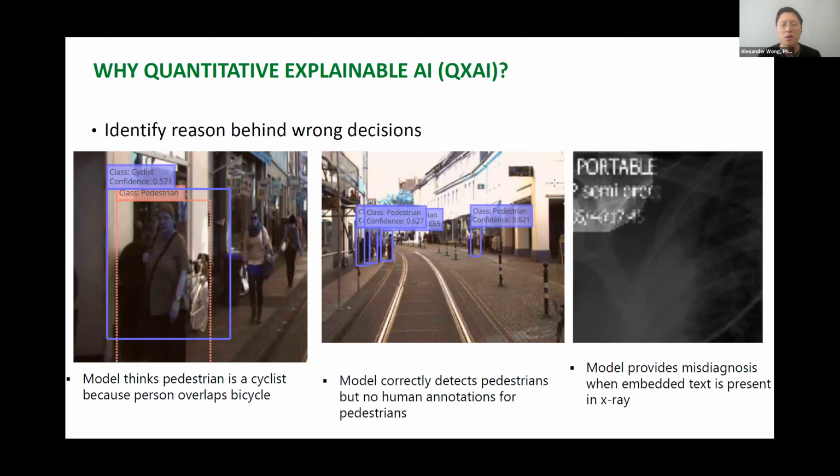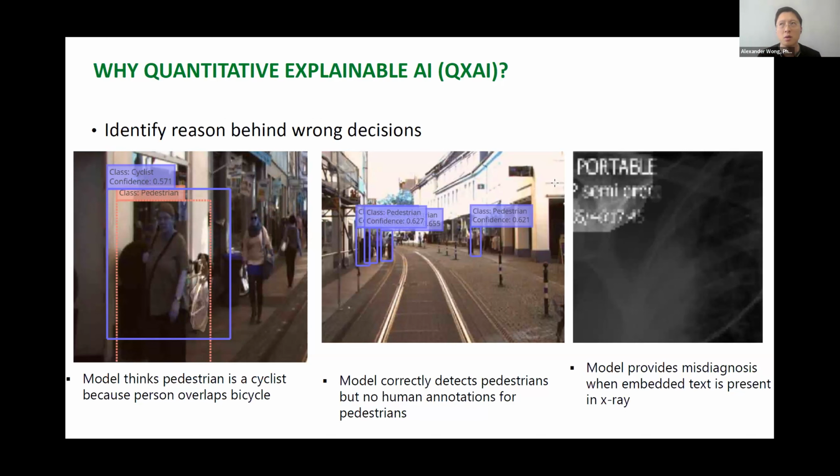In the middle is a very good example of where human error can really come into play. Here, the explainable AI is able to highlight all the situations where the model actually made correct detections of the pedestrians, but there was no human annotation associated with them. As a result, the model, even though it's making the right decision, is being penalized because of human error and laziness. So this is a situation where you take the data, give it back to the original annotators and say, hey, you missed something, you annotate it. That's how you can actually improve the performance of the model.